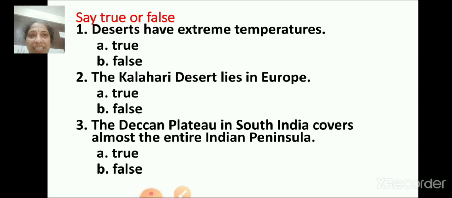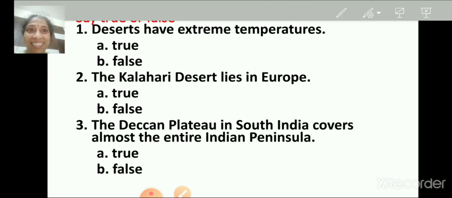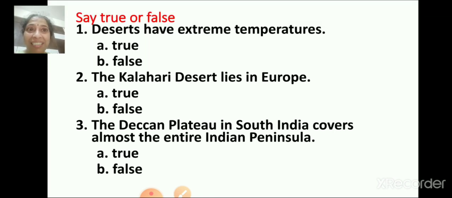Next question is, say true or false. First one, deserts have extreme temperatures. True or false? Just now we learned, isn't it? What is the correct answer? True. Next one.